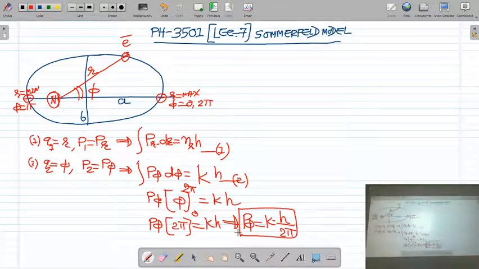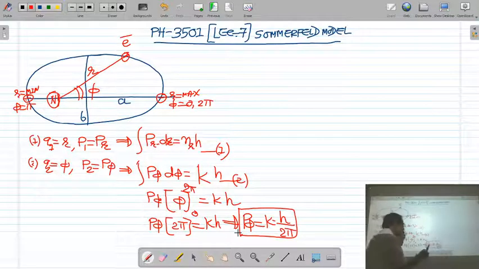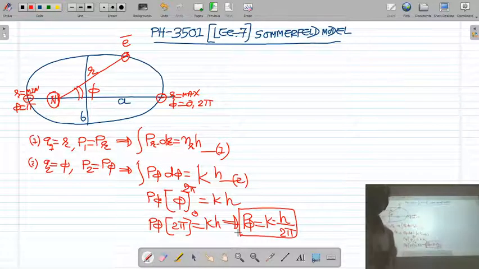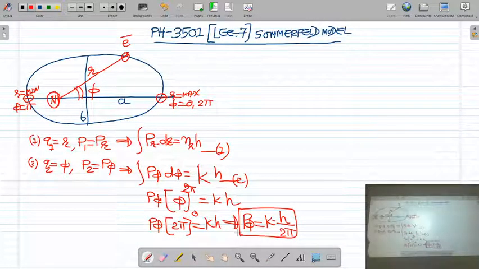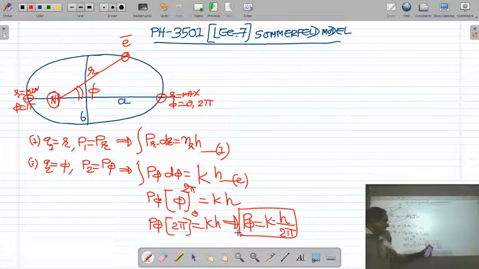So we can know the value of angular momentum. The value of angular momentum of the electron is an integral multiple of h upon 2 pi. This is nothing but Bohr's postulate. The electron can move in those orbits in which its angular momentum is an integral multiple of h upon 2 pi. Now we substitute this value.